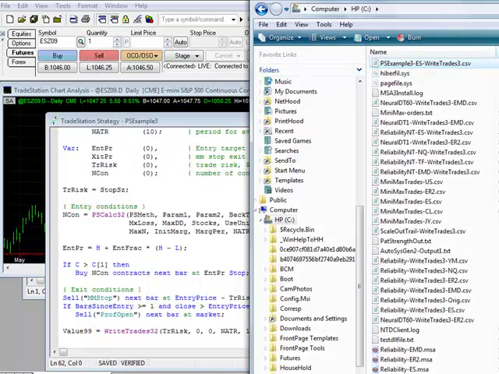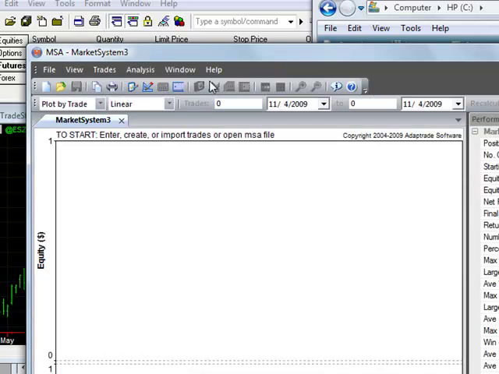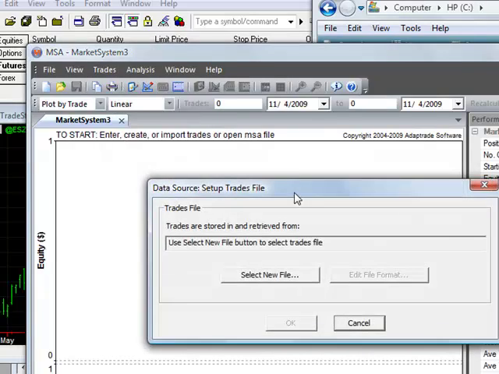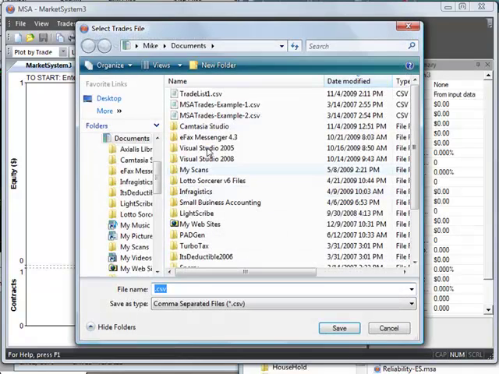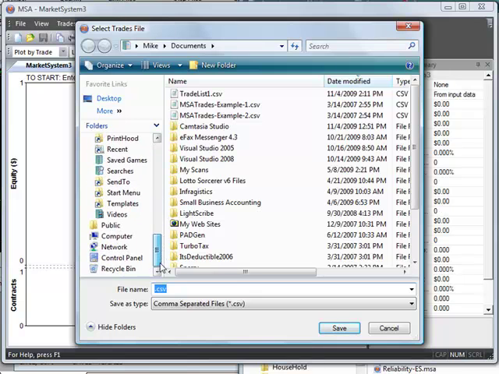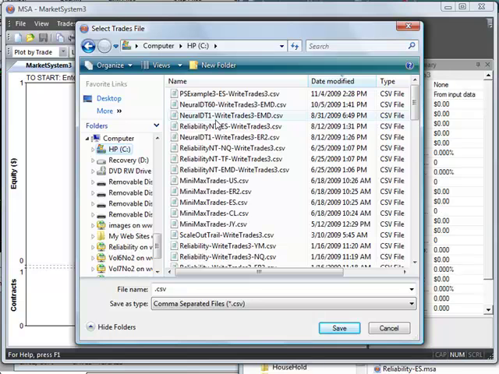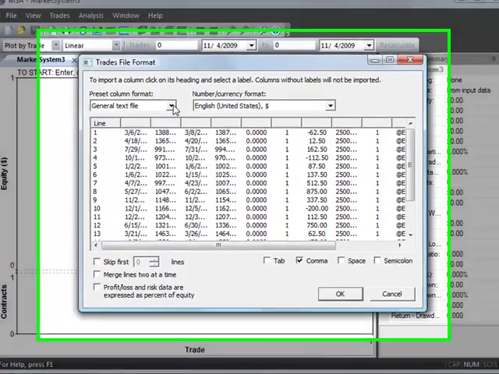And the way we use that is we'd open Market System Analyzer, create a new MSA file, and under the Trades menu we'd select Data Source. You select the New Trades file. Under Computer we select C drive, and here's the file. So if we open that file, it brings it into the Trades file format window,